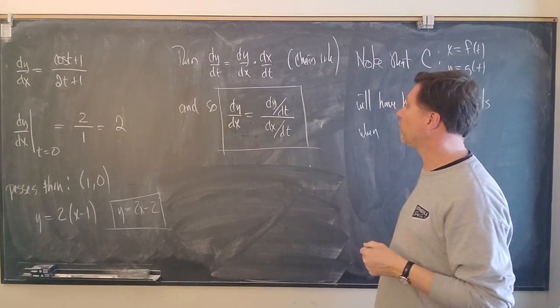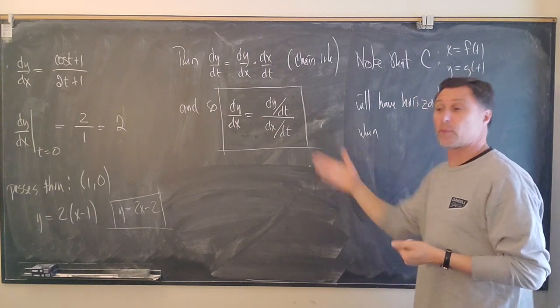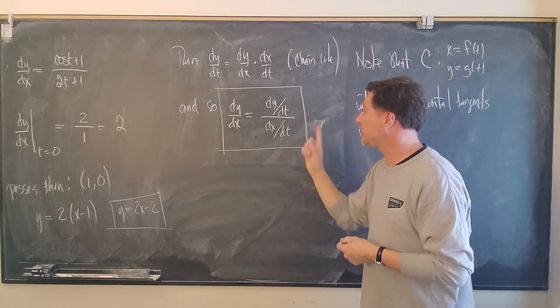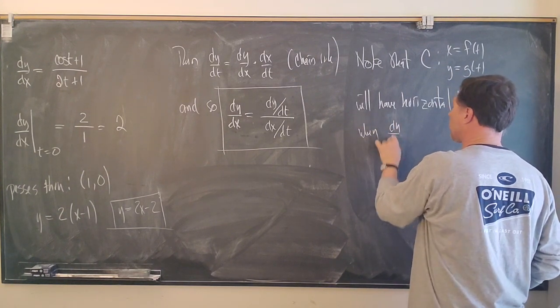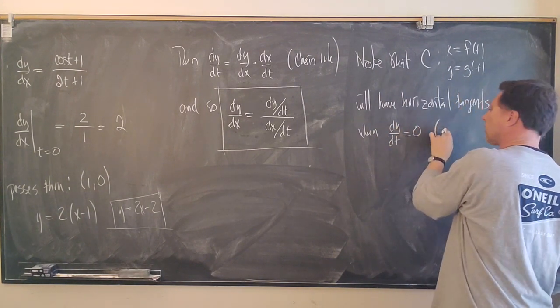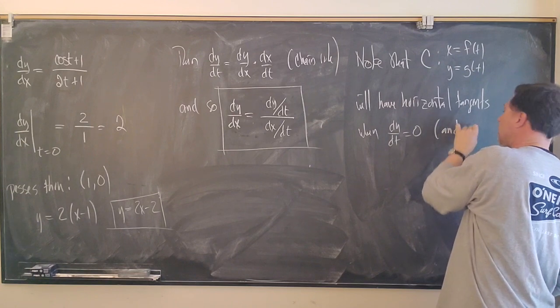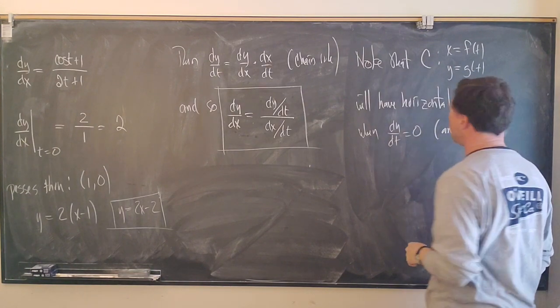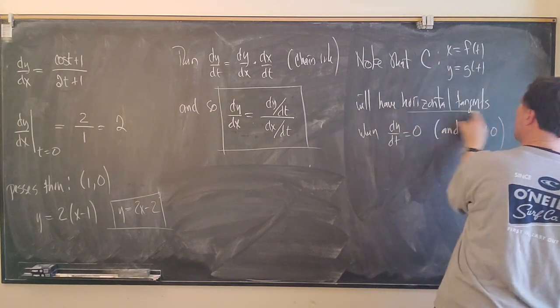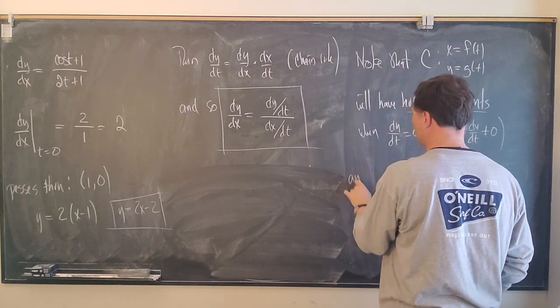We don't want an indeterminate form. If we get an indeterminate form, we'd have to analyze it further. But we're guaranteed to get horizontal tangents when dy dt equals 0, and I'll just put in parentheses here, dx dt not equal to 0. And so it'll have horizontal tangents at that point and vertical tangents